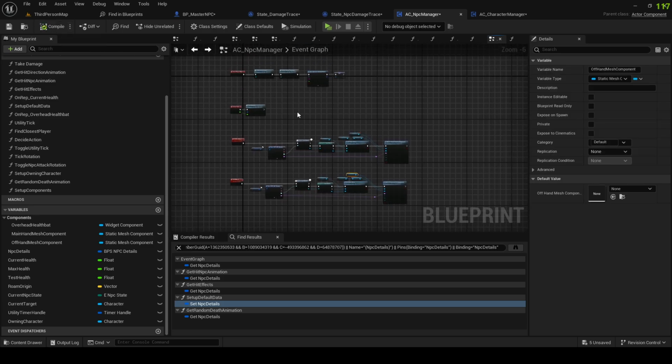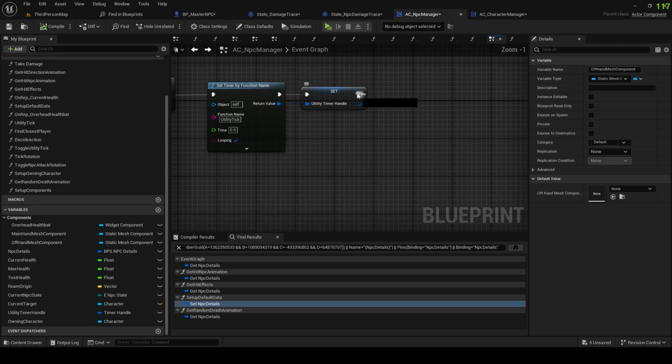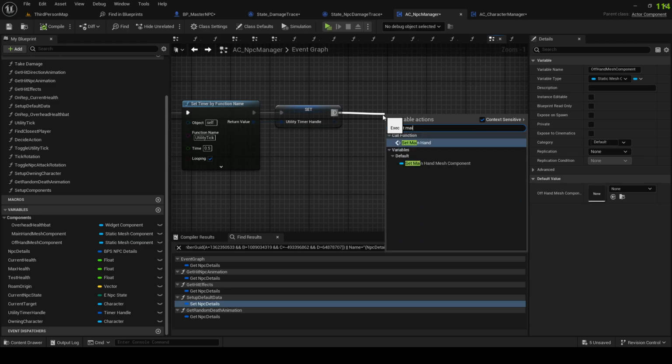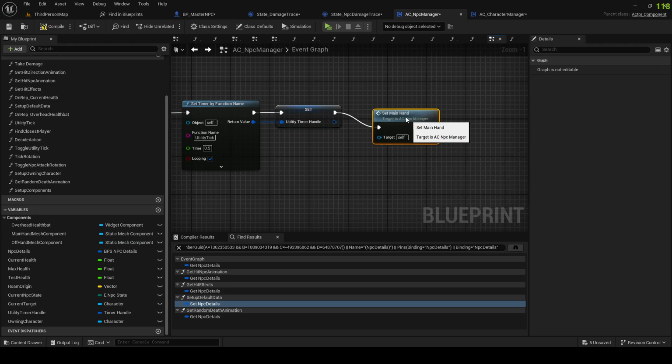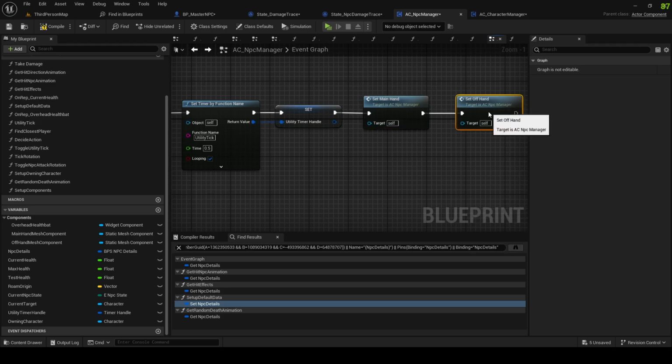Here we go. And at the end of the chain from the begin play, I will do set main hand. And we'll do set offhand. And just to explain here,